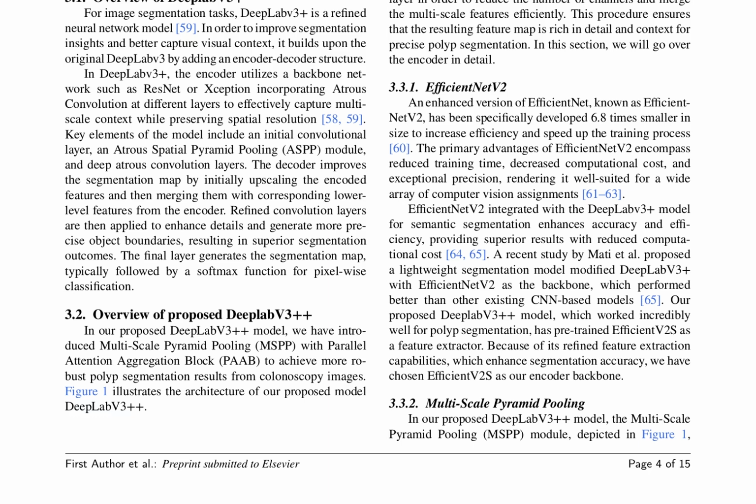The encoder utilizes EfficientNetV2S for initial feature extraction, followed by an MSPP module and PAB to emphasize crucial details. This setup enables detailed feature extraction and precise polyp segmentation. The hybrid focal loss function is employed to optimize the model's performance, addressing class imbalance issues inherent in polyp segmentation tasks. Short-range skip connections are also incorporated to facilitate information flow between layers. The proposed DeepLabV3++ model offers a robust and accurate solution for polyp segmentation, leveraging the strengths of its constituent components